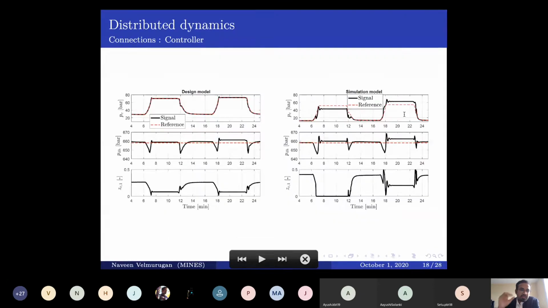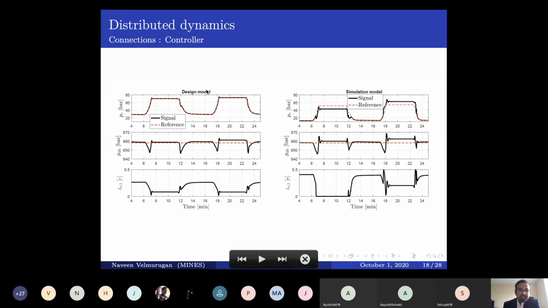Okay, so what can we do? The area that we are focusing on is towards automation, right? You want to design a controller that can automatically maintain a particular bottom hole pressure for you. You don't have to do it manually, right? Now, what you say is,